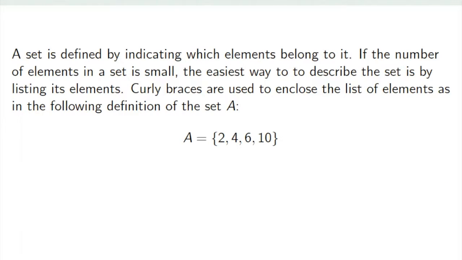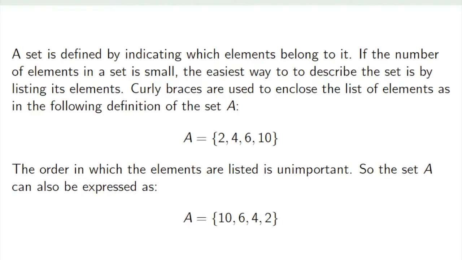We can describe a set by indicating which elements belong to it. So if the number of elements in the set is small, we can do this by just listing the elements. And we do this by denoting it with curly braces. So curly braces enclose the elements of a set. And we tend to use capital letters. So in this case, we have A is equal to the set of 2, 4, 6, and 10. The order that we list the elements in doesn't matter. So I could also say A is equal to 10, 6, 4, and 2, and it would be the same